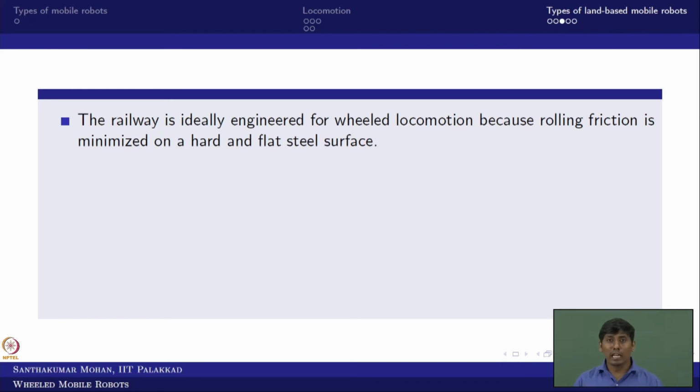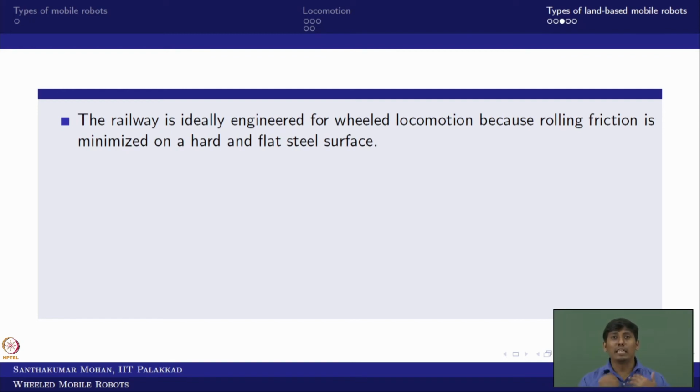The rolling friction is less, and because of the flat and hard surface, you will get more benefit from the power you provide. So now take two buses with wheeled locomotion; instead of that, one tram would take less energy to commute these people. More than that, the track guides the vehicle and gives very good locomotion execution. That is what we are doing.